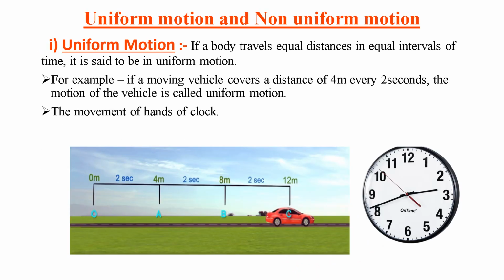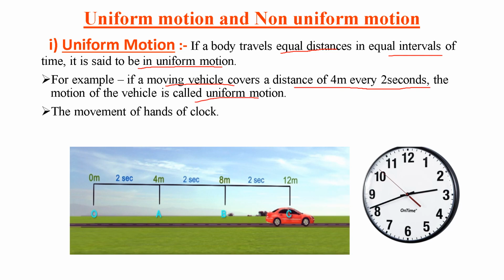Now our first topic is uniform motion. The definition says that if a body travels equal distance in equal interval of time, then it is said to be uniform motion. Let us take an example. Example is, if a moving vehicle covers equal distance of 4 meter every second, then the motion of vehicle is